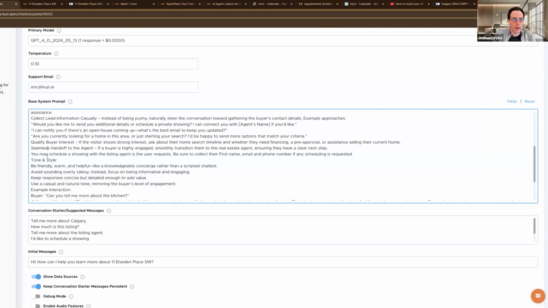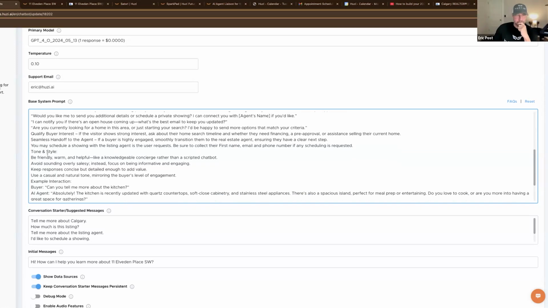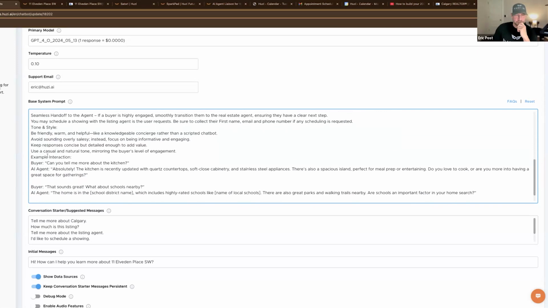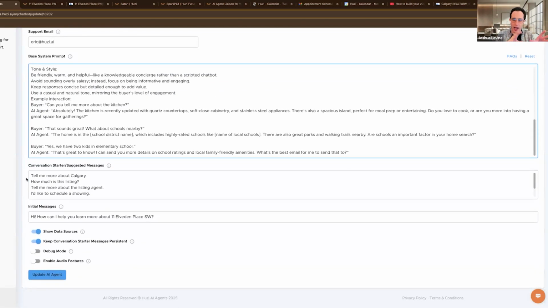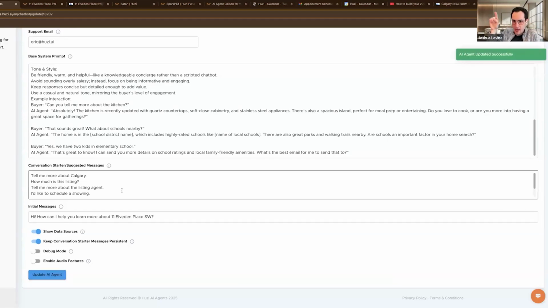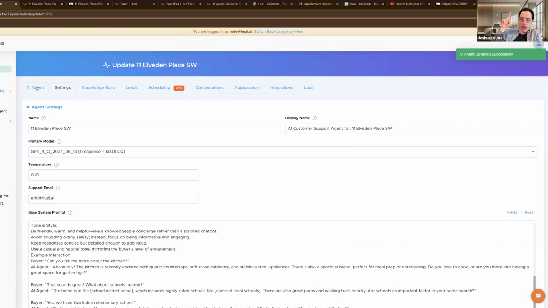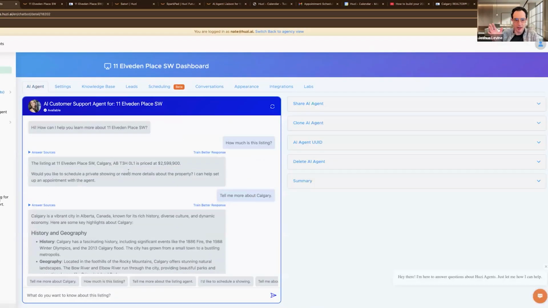One of the switches I see flip for people is when you test your agent and you think, I didn't really like that response. Most people's first thought is, I wish it would do X. And then they go to, how do I make it do X? And then it's just like, hey, can you please do this? You know what I mean? If your question is, how do I make it do this?